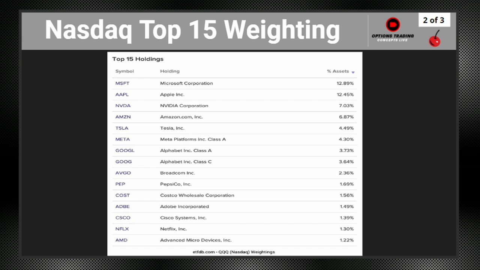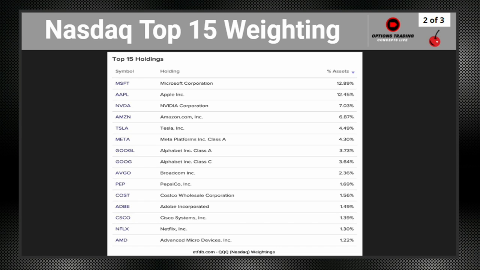But you can see here it's very heavily weighted towards the top, in the top 10 when you include Tesla and Meta and Broadcom as well, and even Pepsi and Costco. When you get into the top 10, it's a lot. You're talking about the mid 65-ish% in the top 10. So it's definitely heavily weighted towards the top, and even more heavily weighted towards those top 5 stocks, which includes Google there. You can see the weightings are less than Tesla, but combined, it makes it into the top 5.